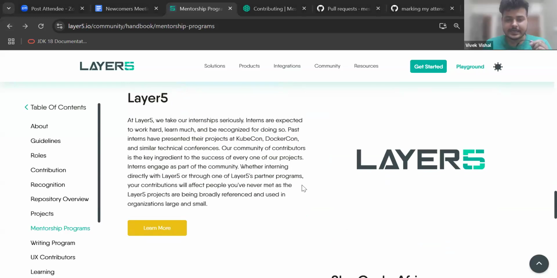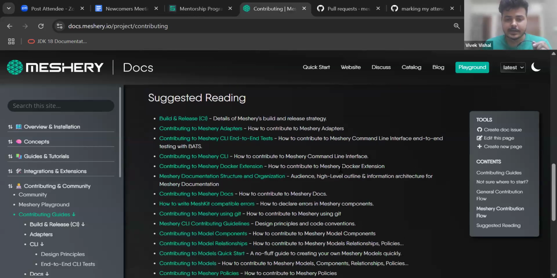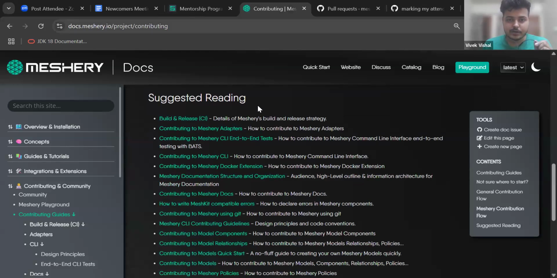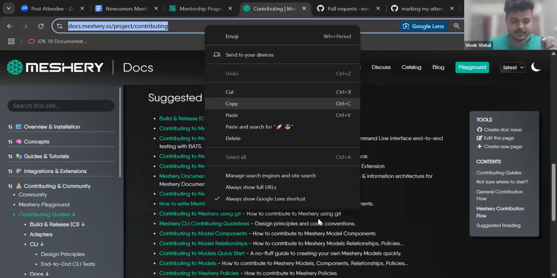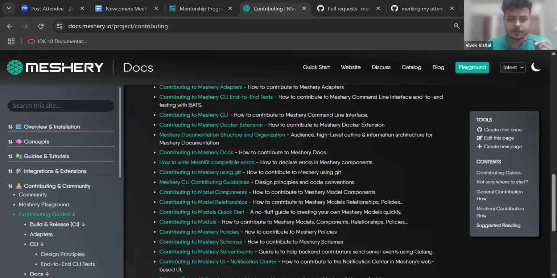You asked really good questions to Shlok about how these all relate. So I would like to quickly highlight one contributing page. Let me quickly share that in chat. So all the components of Meshery, like UI, CLI, server, schema that you asked about, and any number of other things